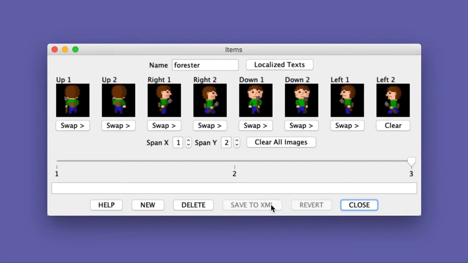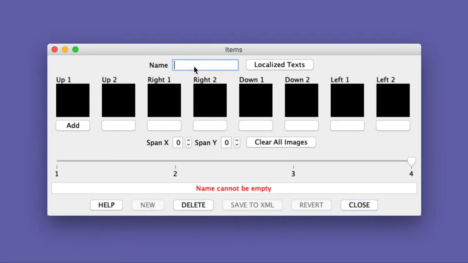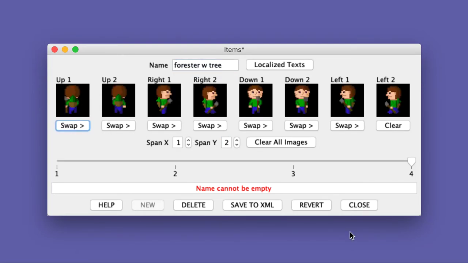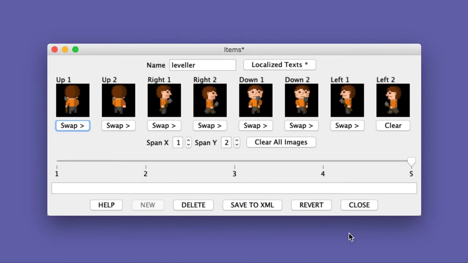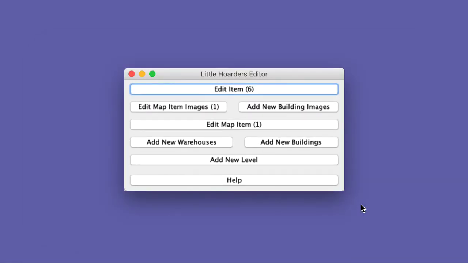Now we need to add images of a forester carrying a tree, so let's click New and add an internal name. As a forester carrying a tree will never appear in a warehouse, we do not need to give it localized text. Let's set the spans and add the images. We also need a leveler and a builder. These do appear in a warehouse, so they will need some localized text and images. Let me add them quickly. Now we have all the items and workers needed for the forester, so let's close this and click Add New